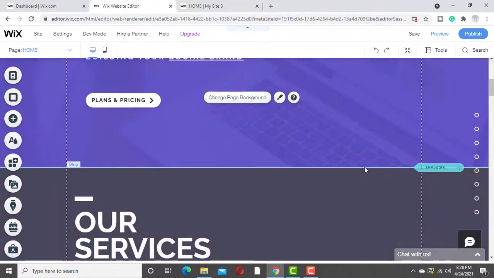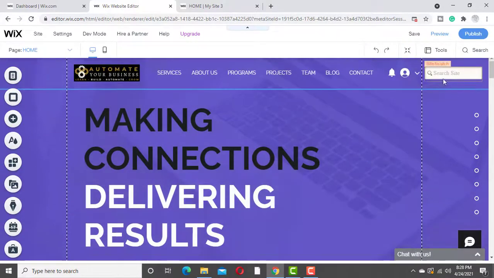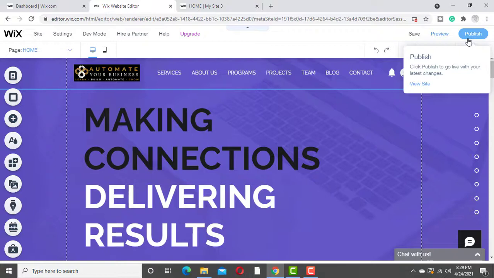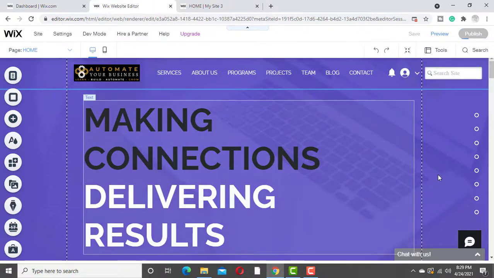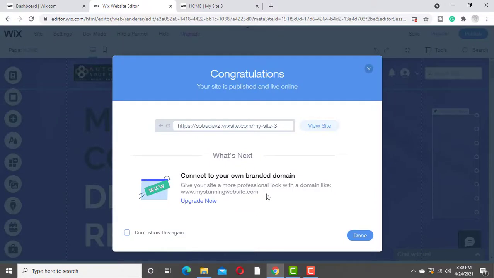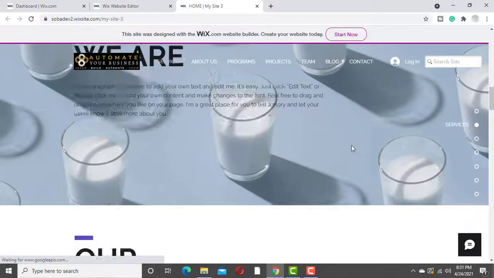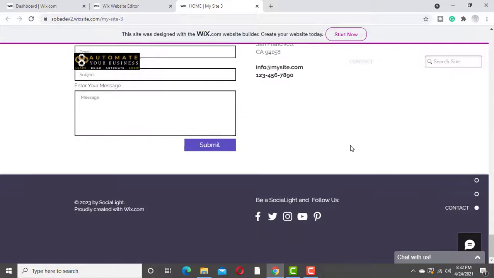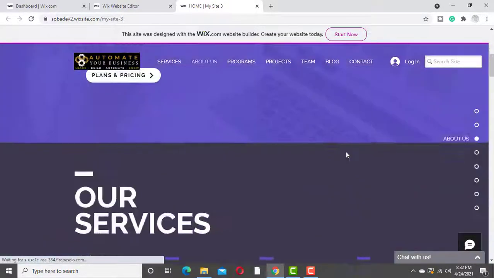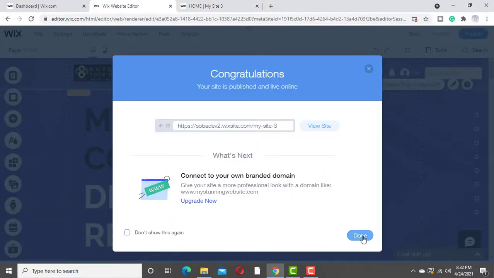Once you are satisfied with your work, you can start to publish your site. So I will tell you how you can publish your site. Just click the publish button. We didn't purchase any custom domain from Wix. The site was published on the Wix website itself with the subdomain of our profile name. If you want to view your site, you just click this view site. And now the site is launched and published.